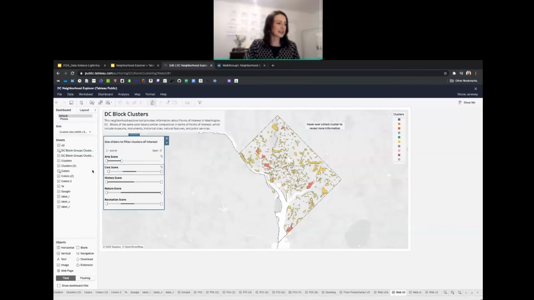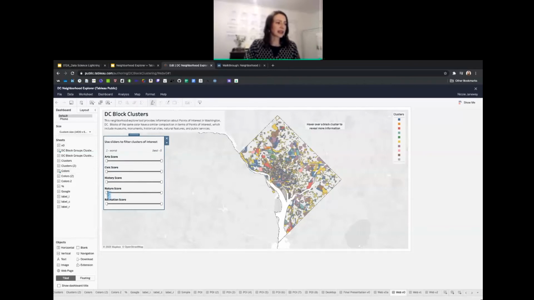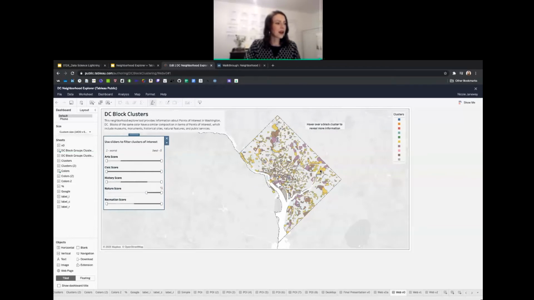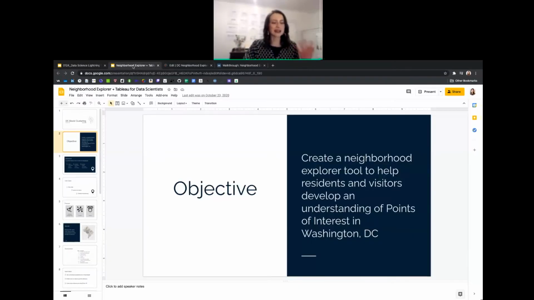So anyway, that's how this tool ended up working out. So you can see, say I really love nature. I really want to go to the naturey places. Again, that's yellow, but also these purple ones and the brown ones. So, okay, that's just a preview of where we're going with this tool. But I'm going to flip back now to the slides so I can explain in more detail how I did